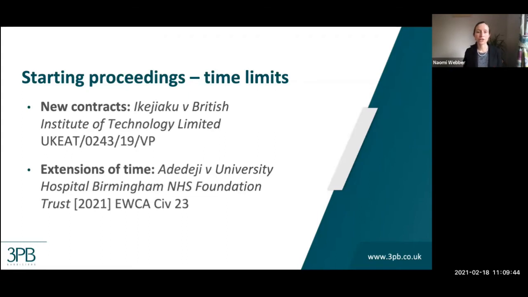In this case, the imposition of a new contract was a one-off act with continuing consequences, and the claimant argued a continuing detriment. That's distinct from, for example, a rule or policy with reference to which decisions are made. In those cases, courts have regarded that rule or policy as an ongoing act. So in this case, the imposition of a new contract was a one-off act. The claim was therefore prima facie out of time, and the court found it had been reasonably practicable for the claimant to bring the claim in time, and therefore this particular claim was struck out. So that's one case on acts and when they occur.